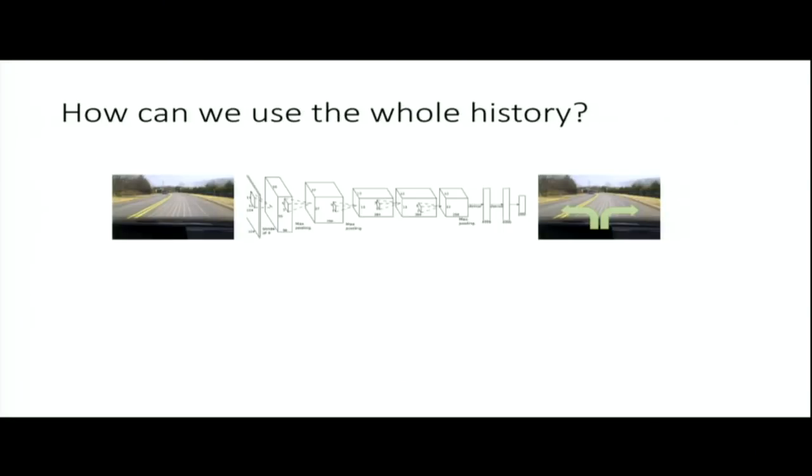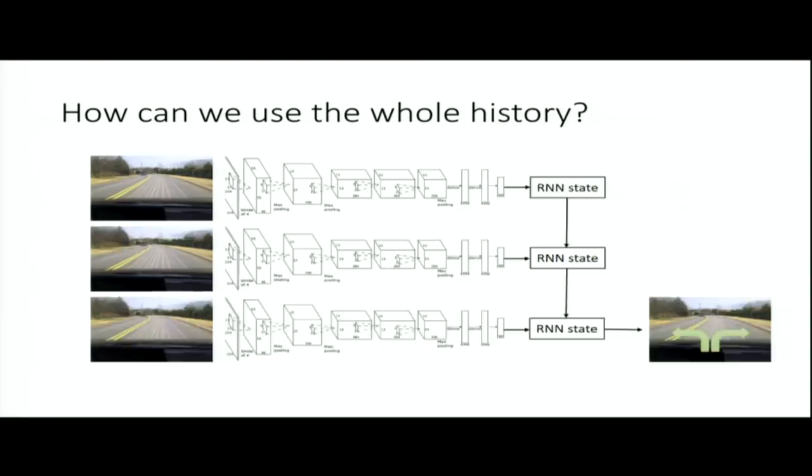So how can we use the whole history? Well, we have our neural network. In this case, if you're processing images, maybe it's a convnet that takes in an image and outputs a distribution over actions. So let's have it take in a whole bunch of images. Let's have it take in all the images you've seen in the past. Maybe that's not a very good idea, because now your input might not even be a fixed size. And if you do pick a fixed size input, maybe it's very large, so you might have too many weights. So this is a reasonable place to start, but maybe not such a good idea in practice, especially if you want very long histories.